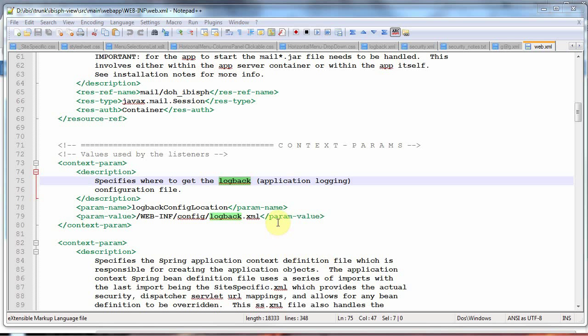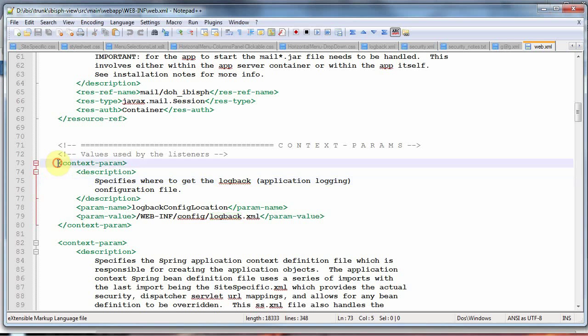It's a quick video on logback configuration. So in your web XML file, there's a context parameter down here that specifies the location of the logback configuration file to use. So if I go look at the webimp config logback.xml,